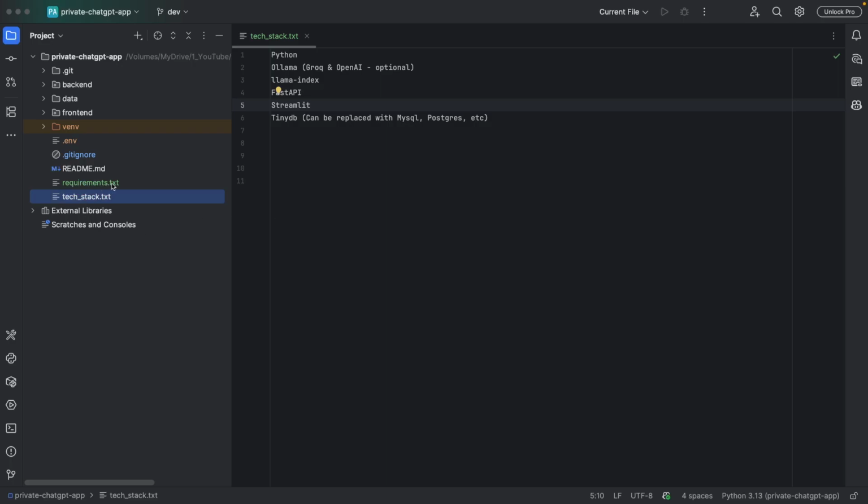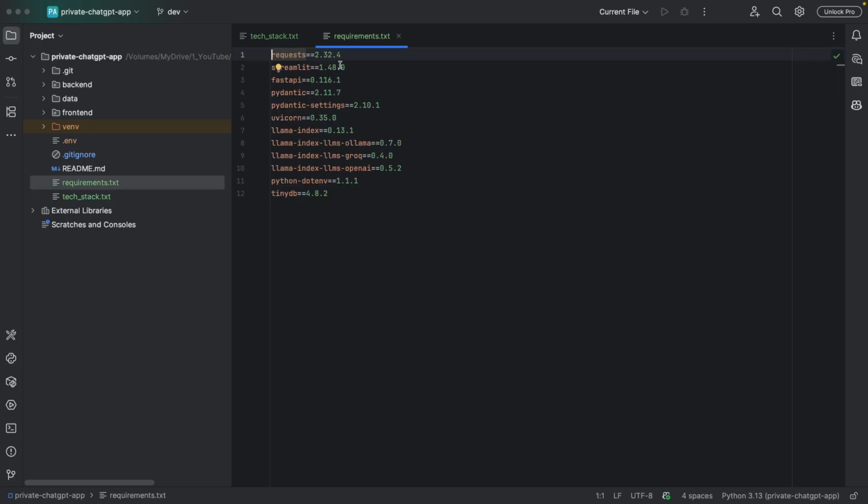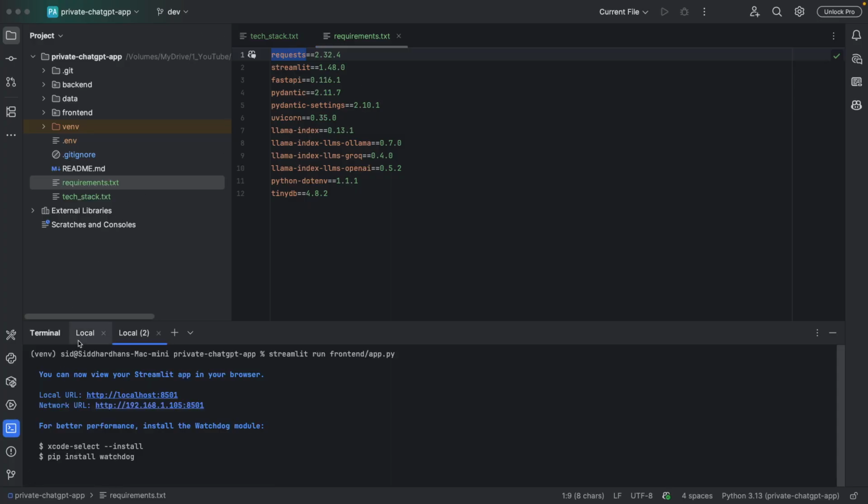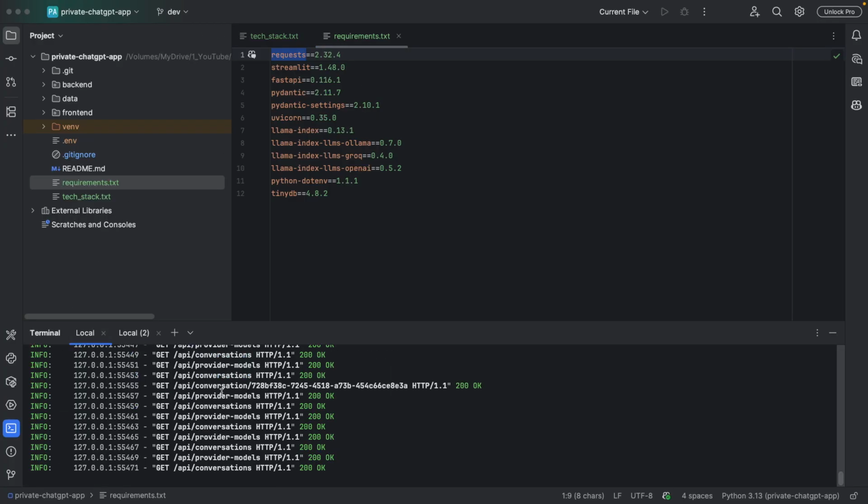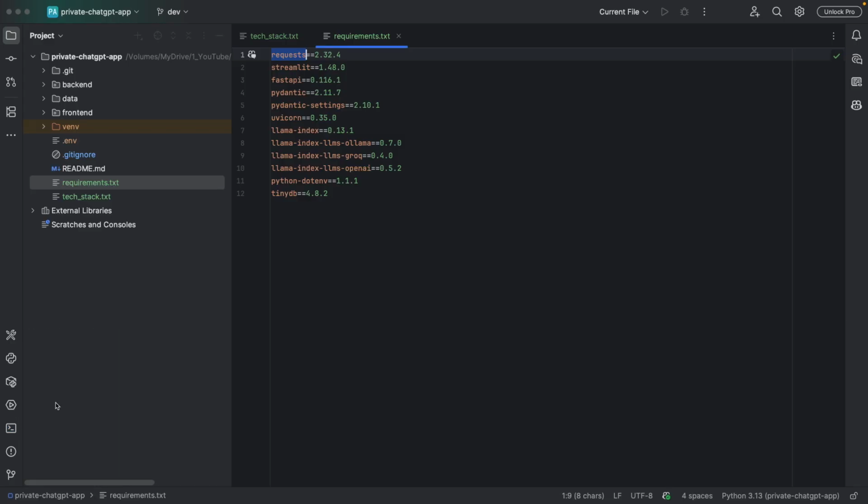Next I'll open my requirements.txt and show you all the libraries that we have. First we have requests. This requests library is used in order to access the APIs. As I said, we are hosting our FastAPI endpoints over here. To run that, we have our Uvicorn setup, and in order to access this from Streamlit, we have this requests library, and then we have Streamlit for our frontend, FastAPI for the API endpoints, and Pydantic